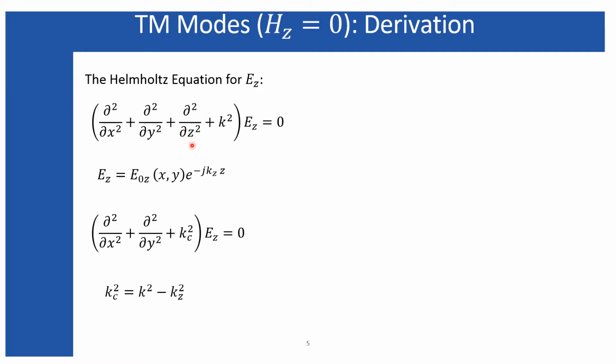However, this derivative over z, it is del del z, when it is operated on this expression, it will bring this kz out, and finally we can name this new parameter k square minus kz square as kc square. This process is similar to the previous one, where kc represents the cutoff wave number and it includes the wave number along the x and y directions, while this is the wave number along the z direction through the waveguide, and k represents the wave number with which you are exciting your waveguide.